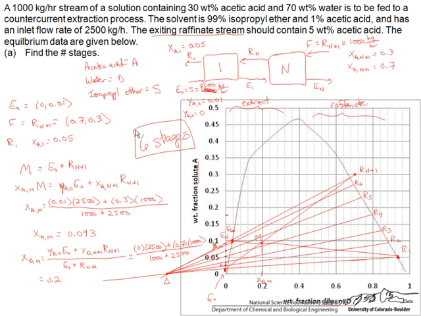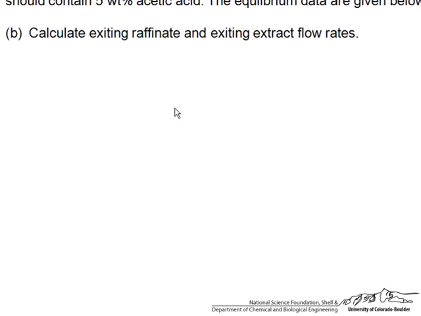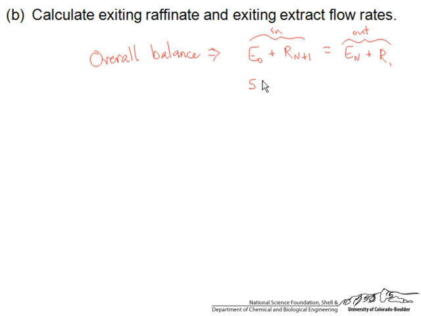We have part B for this problem. For part B, we want to calculate the exiting raffinate and exiting extract flow rates. All we have to do here is a mass balance. So the overall balance is the stuff going in, which is E0 plus Rn+1, equals the stuff out, which is En plus R1. So this is in, and this is out. So we've got 2,500 plus 1,000 equals En